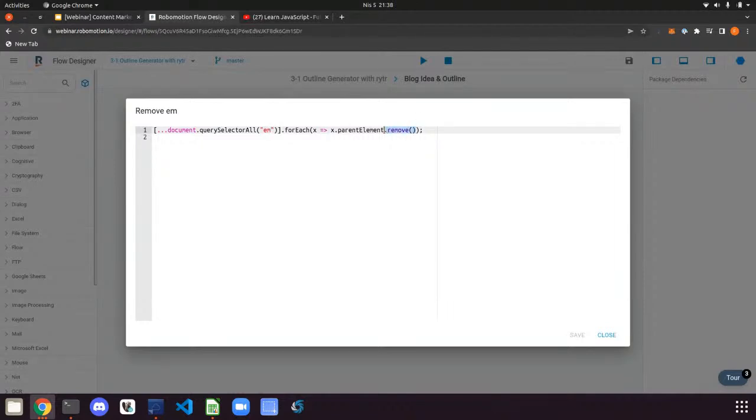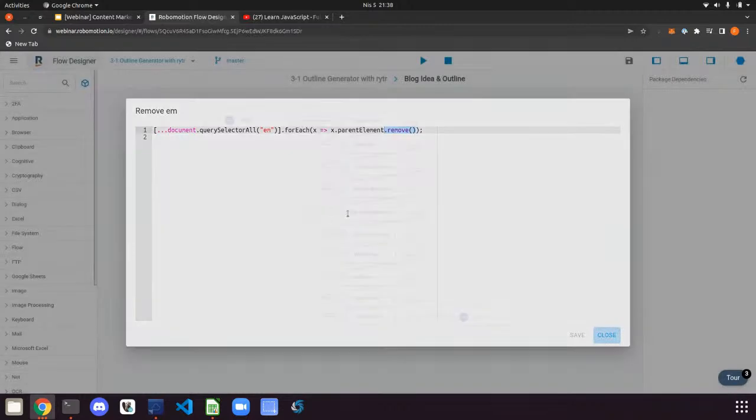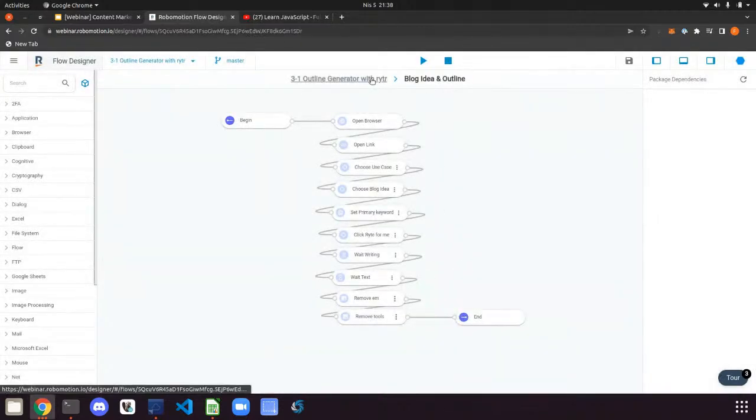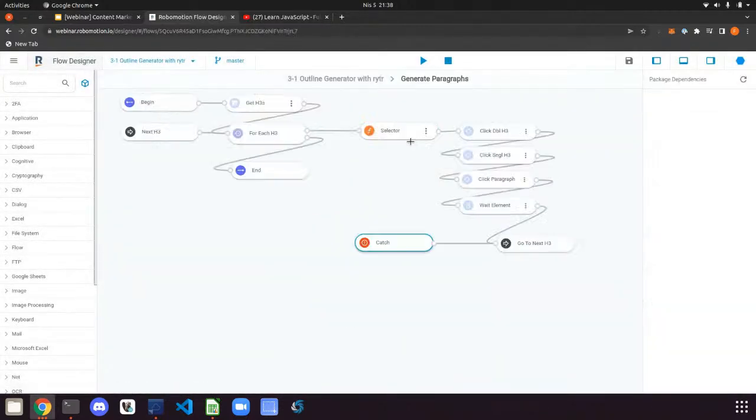You can just remove them with this line. You will see when it works, and then we one by one select the H3 headers, and then click paragraph to generate the content for those subtitles. Here,